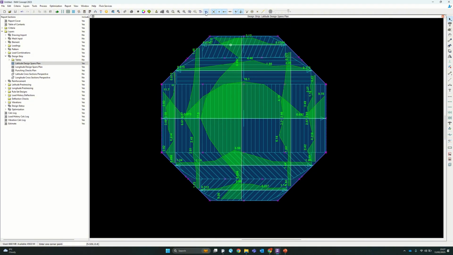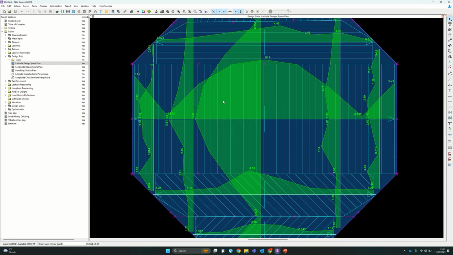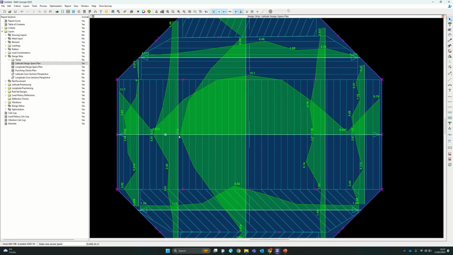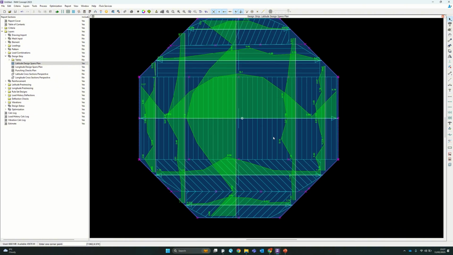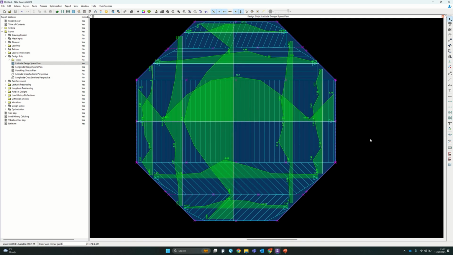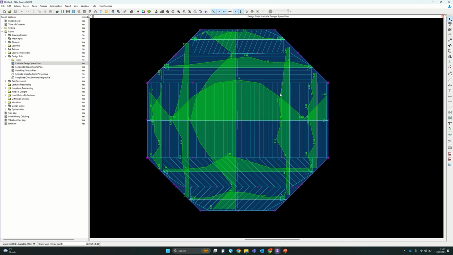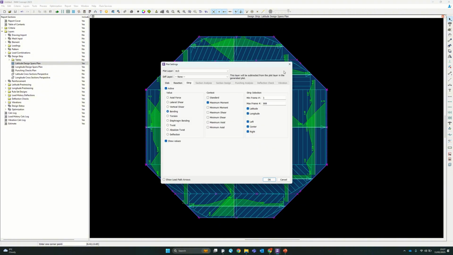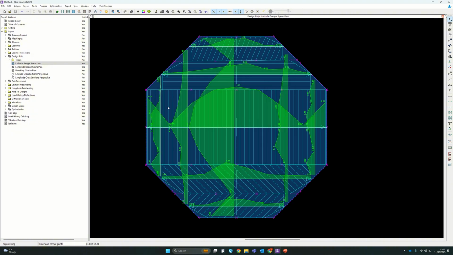Again, if we reduce the text, then I can pick up that within this middle portion here, within this design strip, we've actually got a peak moment of 16.1 kilonewton meters. And you can do this for all the different internal forces, and you've got deflection at the bottom here. You can see the check for that as well, and it just becomes very useful for